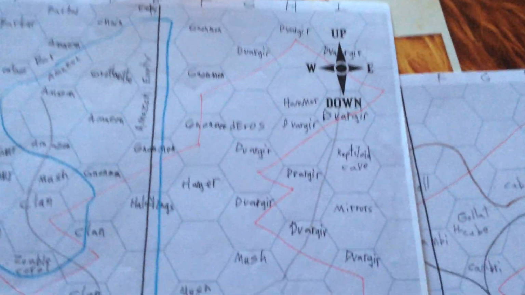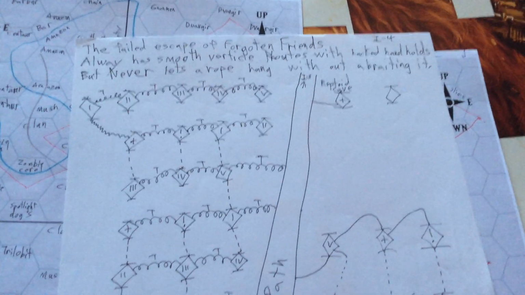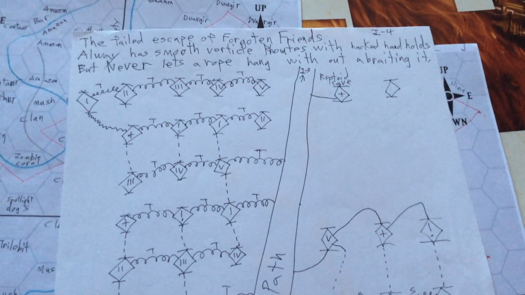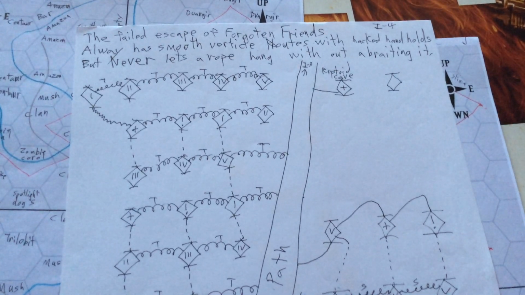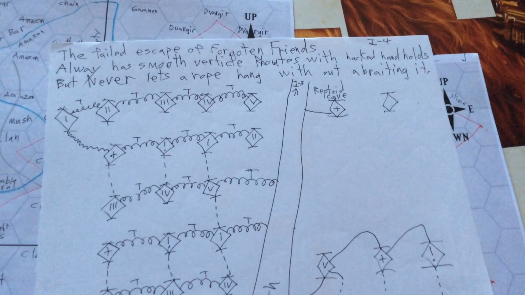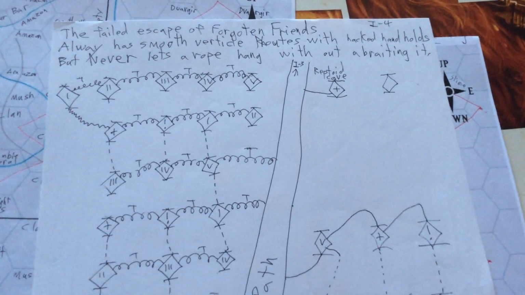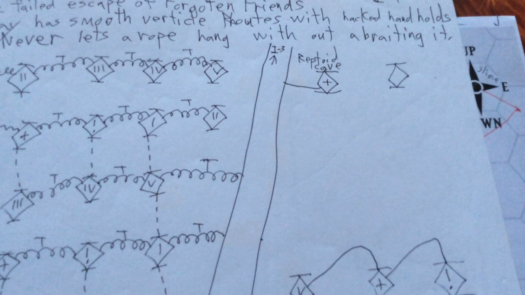fungal path runs through that. If you look here, see, the fungal path is running through that hex. It's labeled Reptiloid Cave. The failed escape of forgotten friends always has smooth vertical routes with hacked handholds, but never lets a rope hang without abrading it. So if you go down the fungal path, it leads to the Reptiloid Cave,